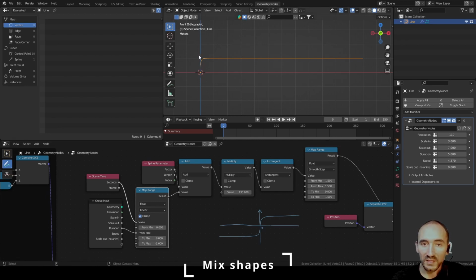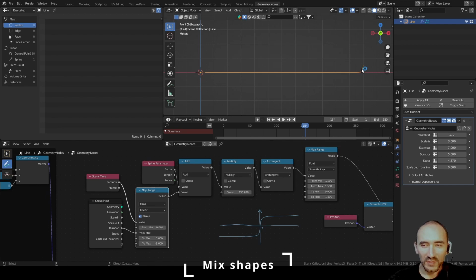We are here at the start of the curve, okay, 0 factor equals 0 multiplied by this number is 0, arctangent, because we are in the exact midpoint of the two values of the range. We have 0 here, so the 0 is in the midpoint of this interval, so we have 0.5 and we have 0.5 here. If I move here to the midpoint of the entire animation, because the animation is 5 seconds, so here the animation ends, we have 0.5 here in this point, and in the final animation we have 0.5